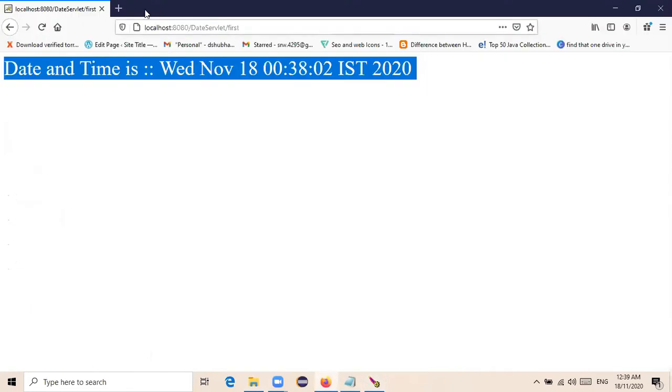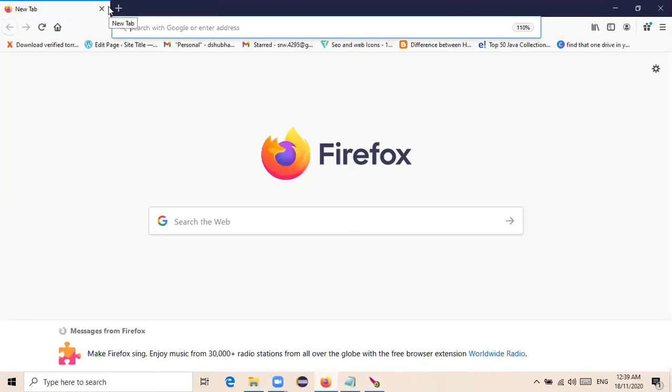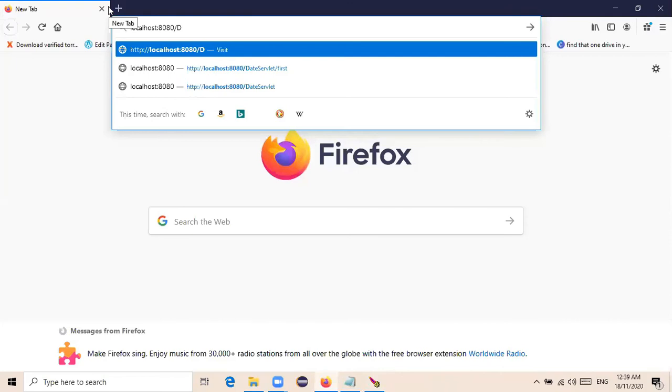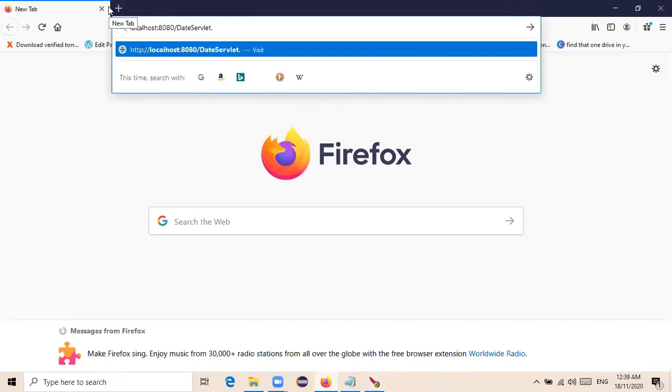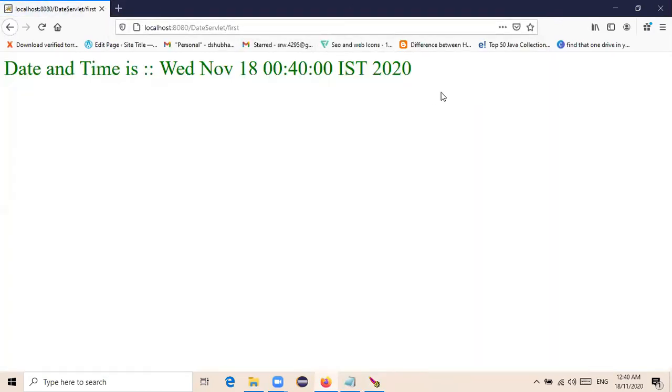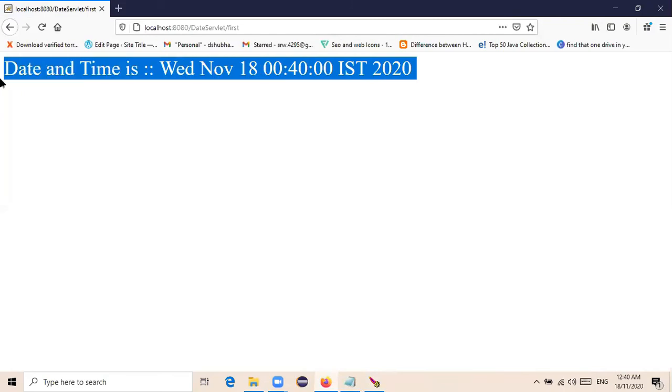Now I'm going to the web browser, opening another window, localhost 8080 slash the WAR file name, which is DateServlet, slash the URL. Now you can see that your WAR file deployment is successful and running very fine. This is how you can do the WAR file deployment in the hard deployment way.